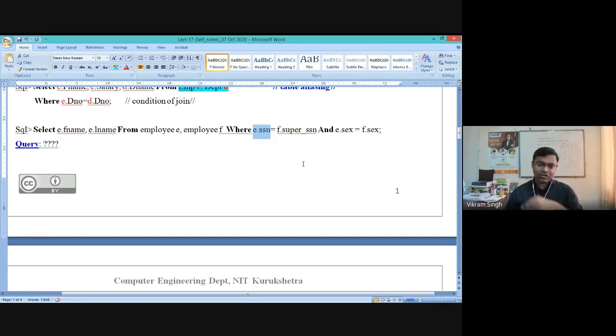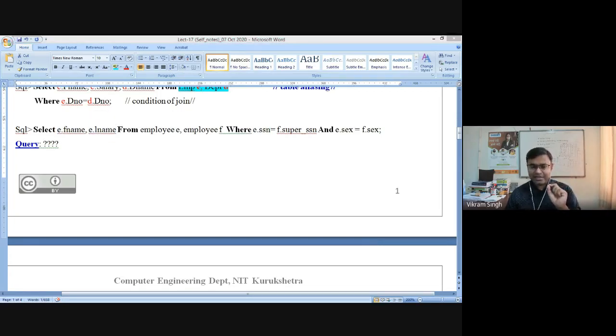So if you again go to the select clause, it shows e dot first name and e dot last name. It means now we are getting the list of employees because it is coming from e dot. We are getting the list of employees whose gender is the same as their supervisor's gender, right? We are getting the last name and first name of all the employees whose supervisor is of the same gender. So it gives the names of only the employees whose supervisor's gender is the same as theirs. That's simple, right?